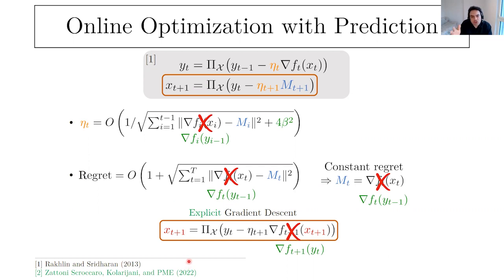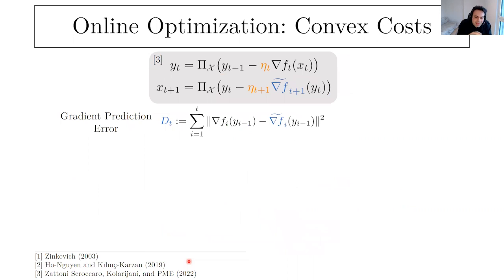There are some extensions to this algorithm in terms of non-smoothness and also dynamic regret, but these are details that I refer to at the end. But that's pretty much the suggestion that we have. Now, in the last part of my talk, the technical part, I just want to give you a little bit of an overview of the technical results in this literature.